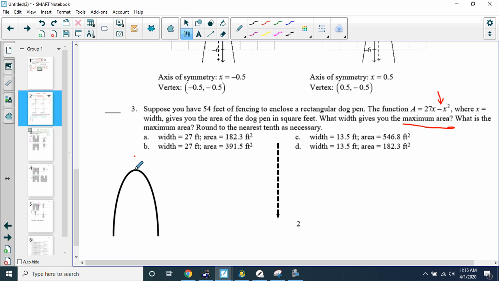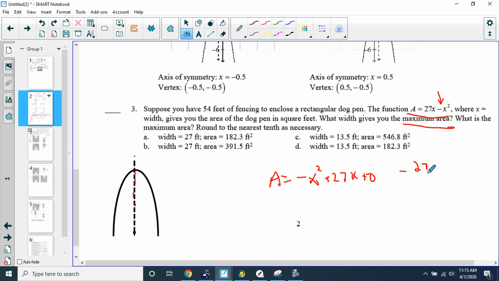And we want to know what this maximum point is here. The way we can figure that out is using the axis of symmetry. If we figure out the axis of symmetry and then put it into the equation, it'll tell me what the vertex is and what the maximum point is. So looking at this question, let's rewrite it in standard form: A equals -x squared plus 27x, and then plus 0. It just goes through 0. Okay, so the axis of symmetry is